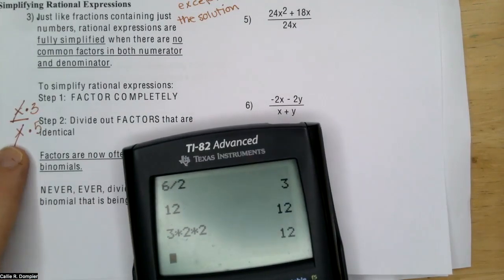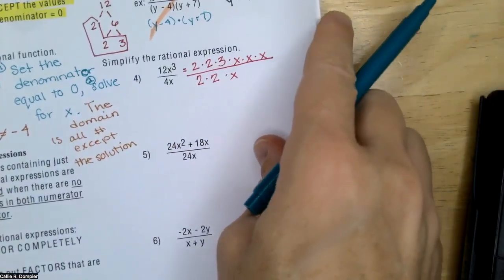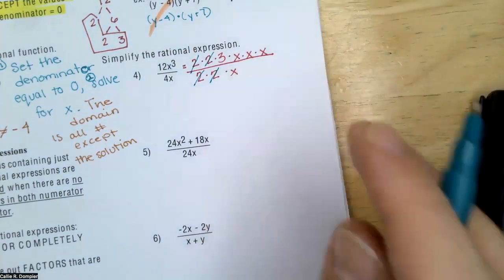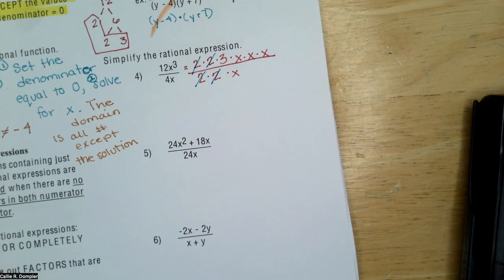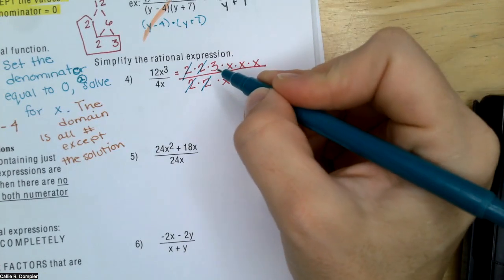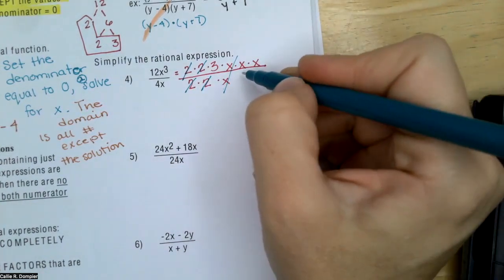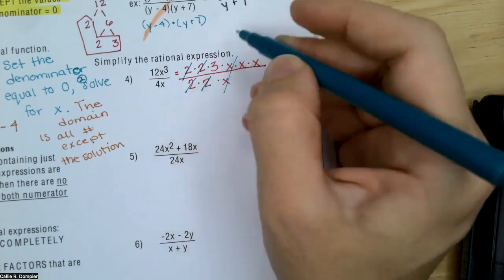Then divide out factors that are identical. The x's were identical on the top and the bottom, and they're being multiplied by something, so we can cancel them out. Here's a 2, here's a 2. There's no 3 common to the top and the bottom, so we're just going to leave the 3 on the top, and then we have an x and an x. We canceled out all the bottom x's, which was only 1, and 1 on the top. So now we are left with